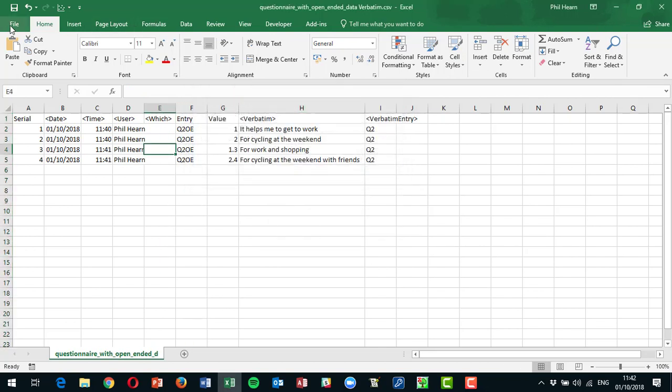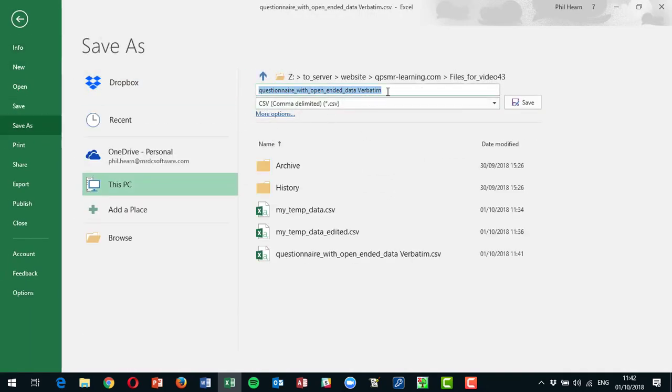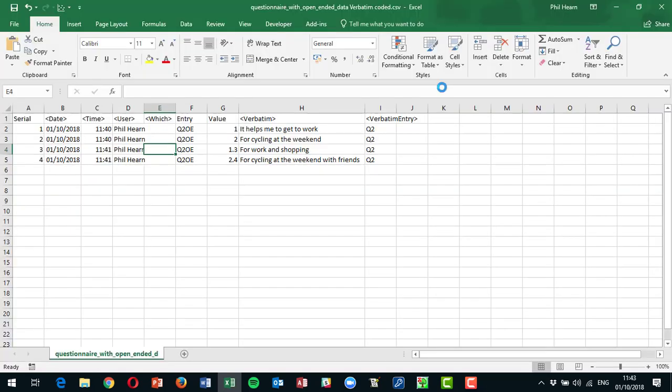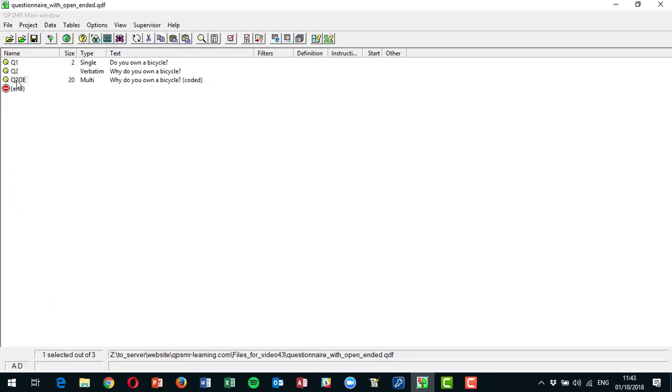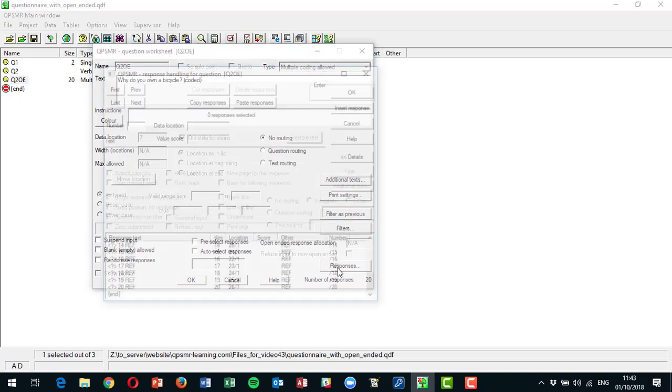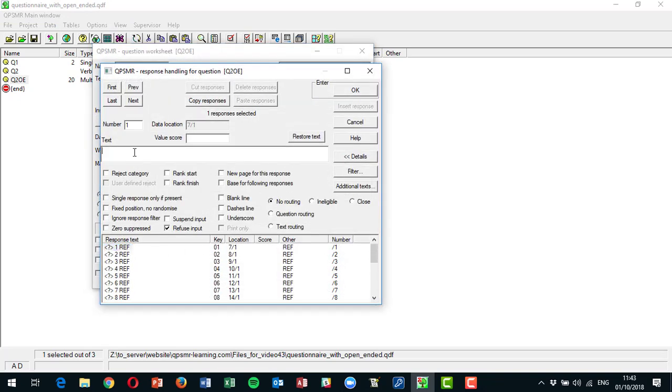Close. And we're going to save this. And again, I suggest saving it with a different name. I'm going to put coded on the end of this so I know that I've coded this data. And of course, again, this would have a lot more answers in there normally. Now I go back to my project, and in my project I now have some codes that I want to assign. So this is a good time to update the responses,